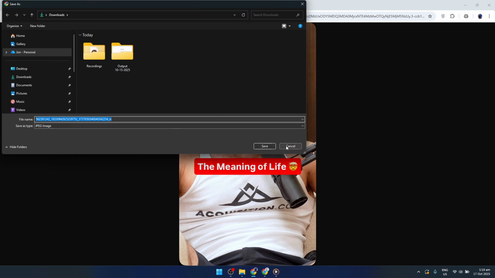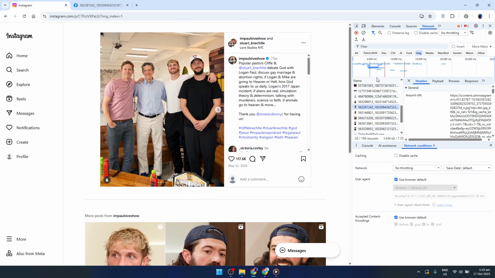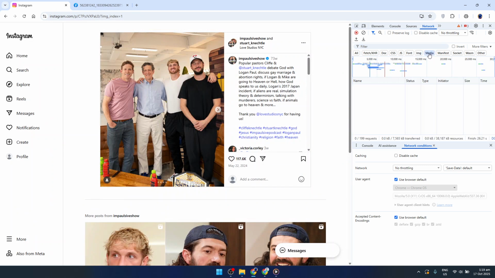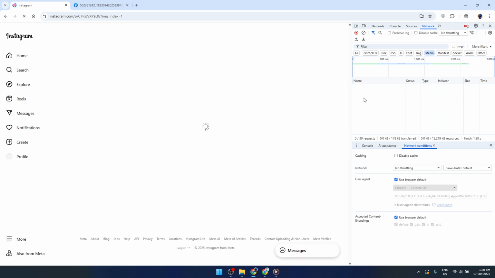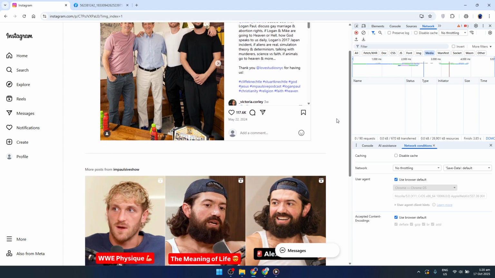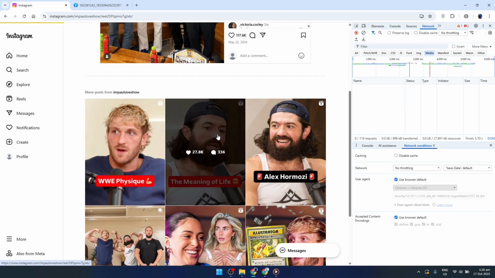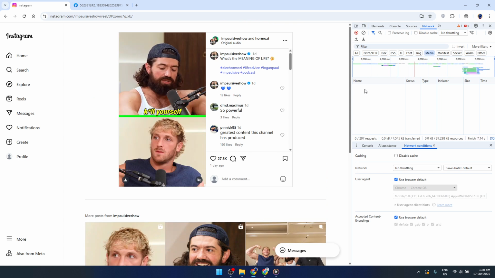The process for downloading videos follows a similar logic, but with a slight tweak. Go back to the Network tab and, instead of IMG, select Media. Now, reload the page similarly and search through the entries until you find the video file. Right-click to open it in a new tab, and from there you can select Save Video As, choosing your preferred save location. There you have it, a clear and efficient way to save Instagram images and videos directly onto your